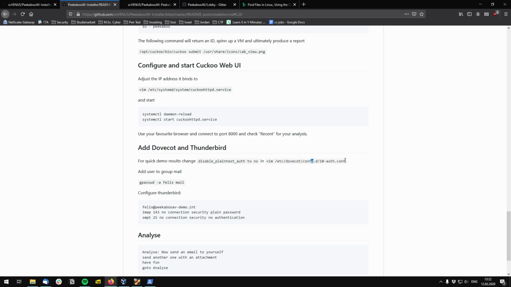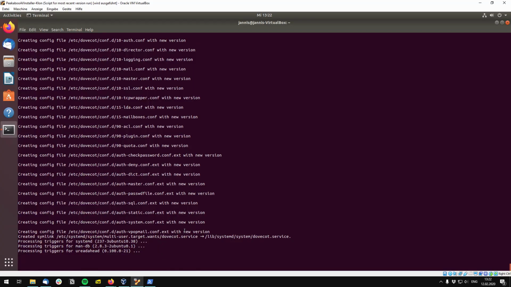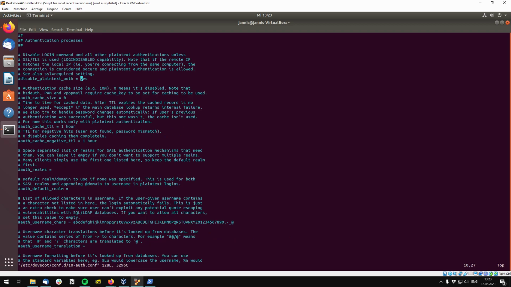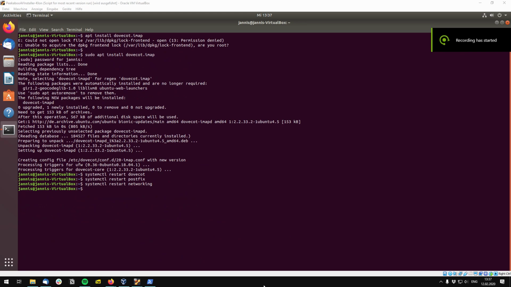Oh, there's a mistake here. Sudo, no, it should work. Okay, what you need to do is also install dovecot-imap